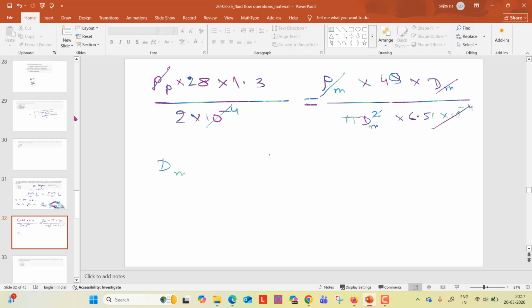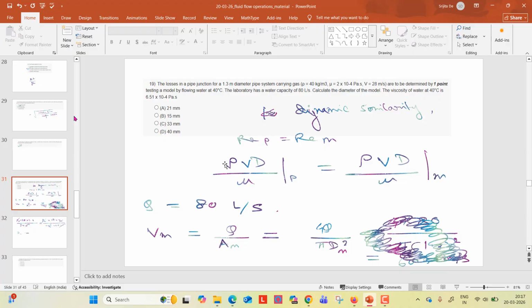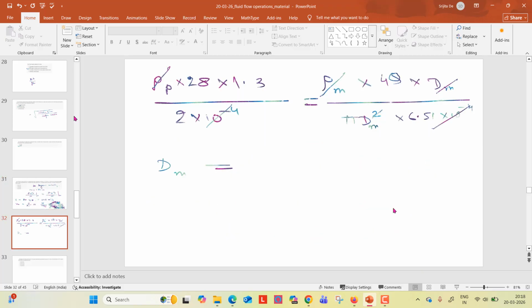So dm, if you rearrange, will be 4 into 80 liter per second, which you can change to 0.08 meter cube per second, right? So it will be 4 into 0.08